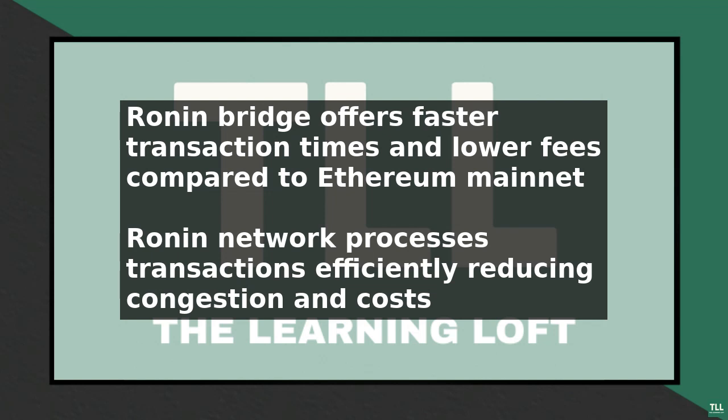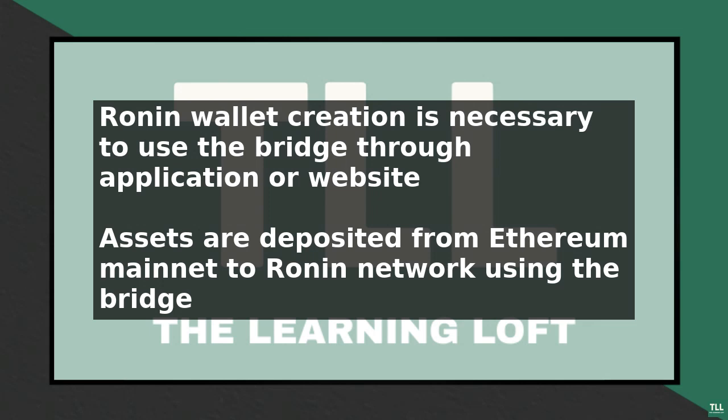To use the Ronin bridge, you will need to create a Ronin wallet, which can be done by downloading the Ronin wallet application or by accessing it through the Axie Infinity website. Once you have created your wallet, you can deposit your assets from the Ethereum mainnet to the Ronin network using the bridge. This process typically takes a few minutes to complete, and you will receive your assets in your Ronin